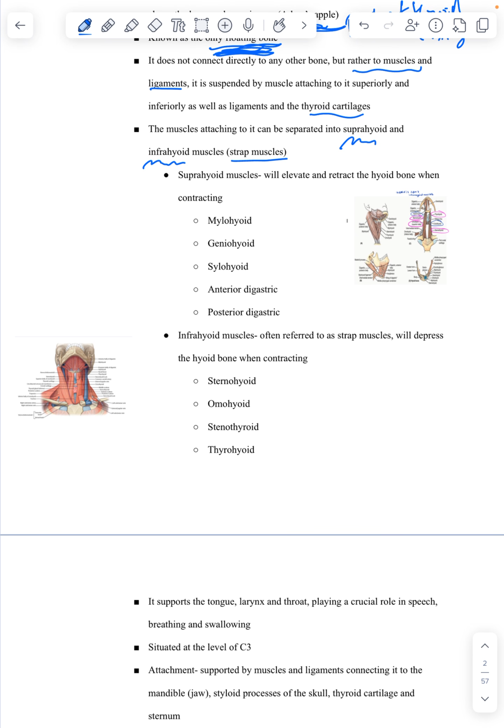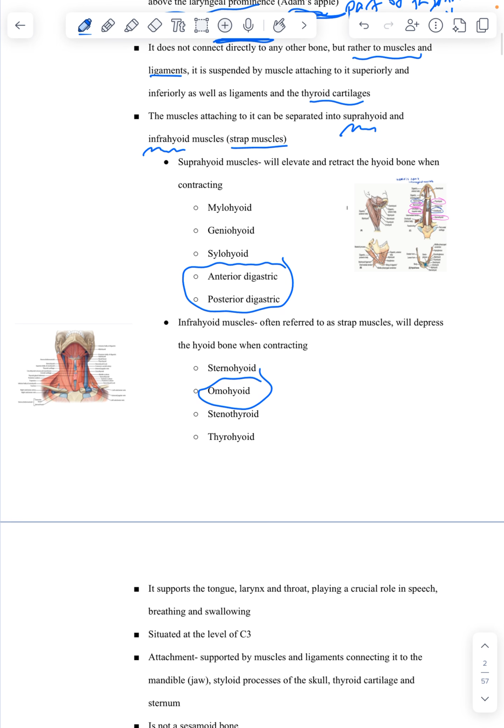So for the muscles with two bellies, we have the digastric, and then we have the omohyoid. Digastric is a suprahyoid muscle. Omohyoid is infrahyoid. The way to remember this, and this is more like lab stuff, I remember D, H, O. In alphabetical order, D comes before O, and H is in the middle because that's your hyoid bone. So the digastric is the muscle above the hyoid, or suprahyoid, and the omohyoid is the muscle below the